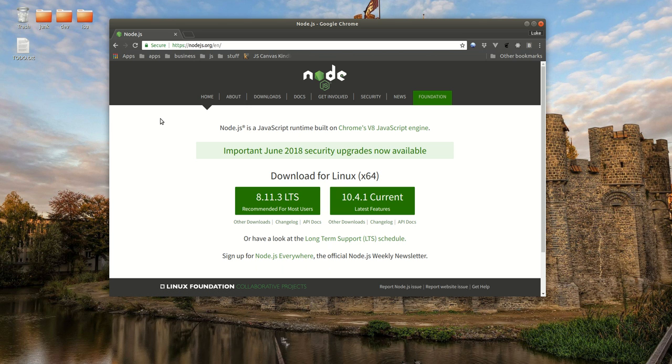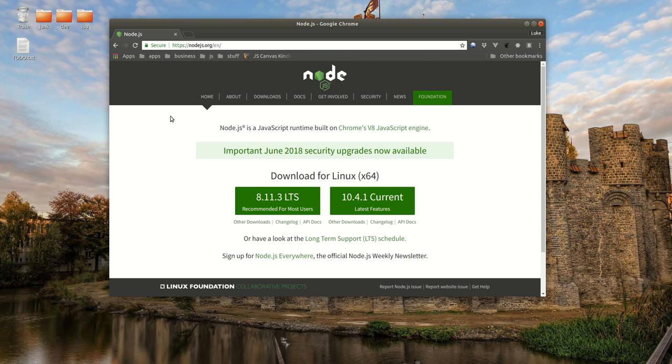NodeJS allows you to just run JavaScript directly. It's designed to run on the server. So generally, the web browser makes a request to a web server to get the web page. The web page comes down, which is basically just the HTML file's text. The browser renders all the HTML, and when it sees the script tag, it uses its JavaScript engine to execute